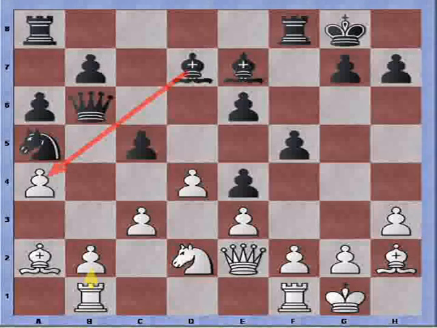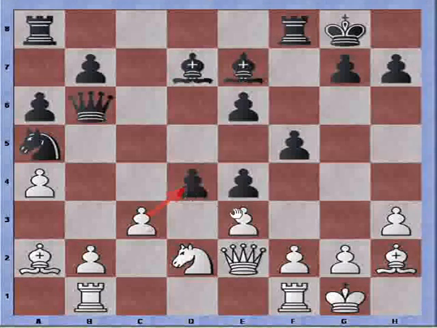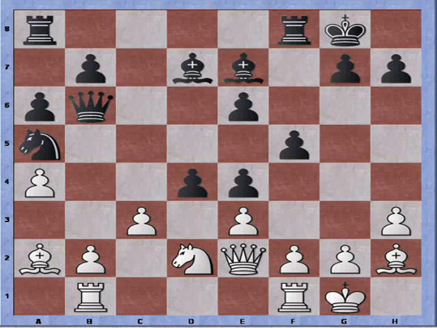Instead, black wisely decides to exchange pawns first, so pawn takes pawn, and now white can recapture with either the c or e pawn, but that's definitely not equal, because if c takes,